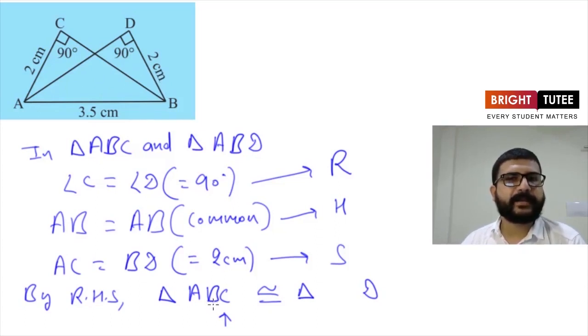So now we have B corresponds to A. B is written in the middle here, so we are going to write A in the middle here like this. And now we are left with only one vertex, and that is B. So the relation will be like this: triangle ABC is congruent to triangle BAD. We have to be very careful while writing the order of vertices. So like this we can write the congruency relation. Here we have used the RHS congruency rule.